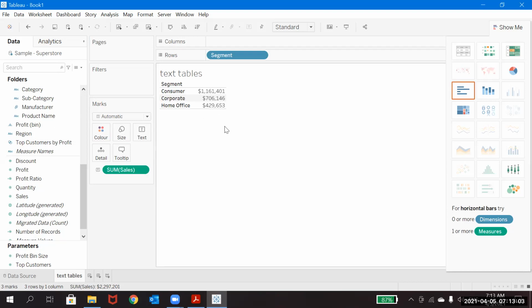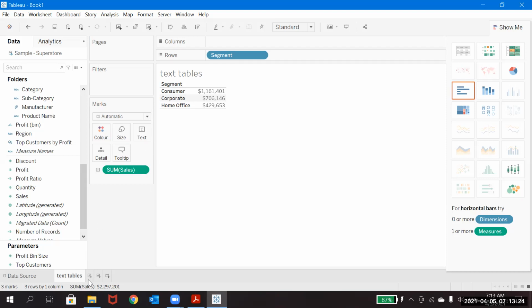So even when you want to create the text table chart, you should observe this. The moment you drag and drop any dimension and would like to keep it as a text table, you can just directly drag that into Text here in the marks shelf. Then it will create the text table.